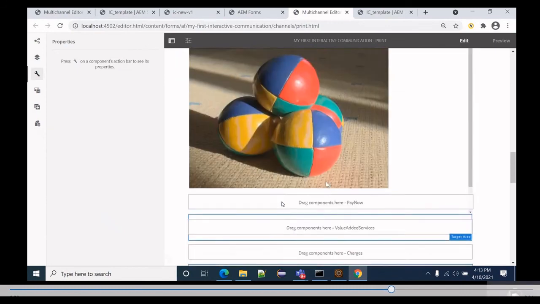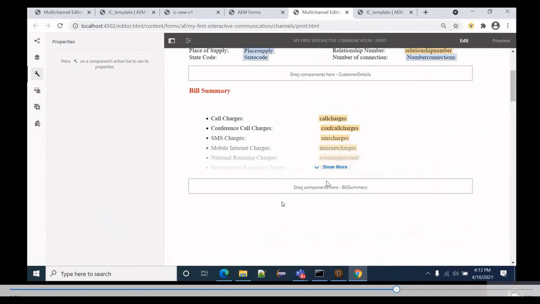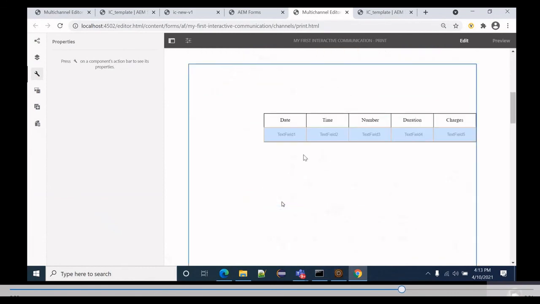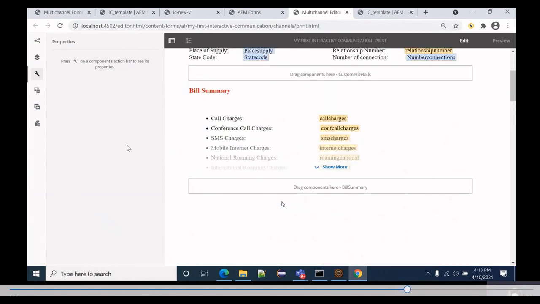Okay, so basically we can design this interactive communication based on our need. But the main concept to understand here is how we have created the document fragment and form data model, and how we have designed our template using AEM Forms Designer. And then how we can include it, we can combine and pack all those things while we create the interactive communication.